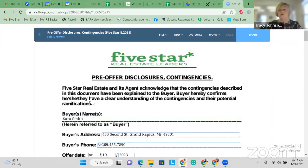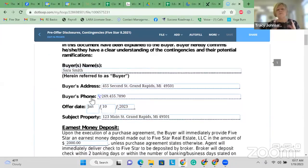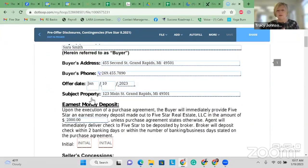Yeah, and I would say too, there's just so much emotion, especially in that time of madness, as you've described. There was so much emotion in all of that, and people wanted to win. And so it was a way to step back. Yes, you signed it and checked the boxes over here in the purchase agreement. But when we've done it a second time, and we've literally had you check the box and initial each one of these areas, it was a second opportunity for us to say, if you missed it, or if you didn't understand the way I described it to you verbally, the way it was written in the purchase agreement, here's another opportunity. So really just a double check system for really covering your rear to make sure you've done a good